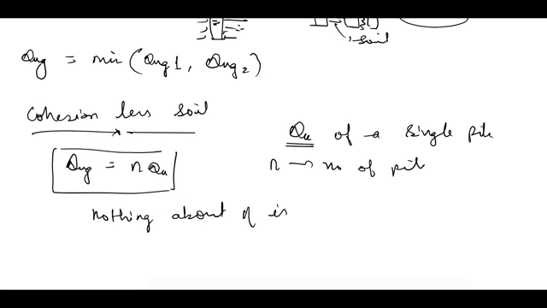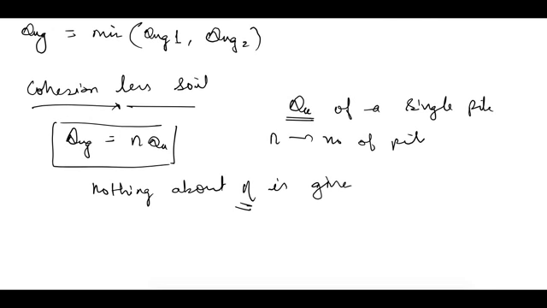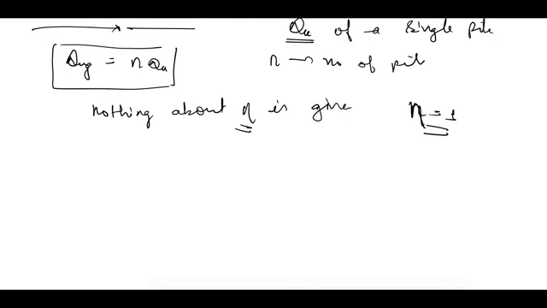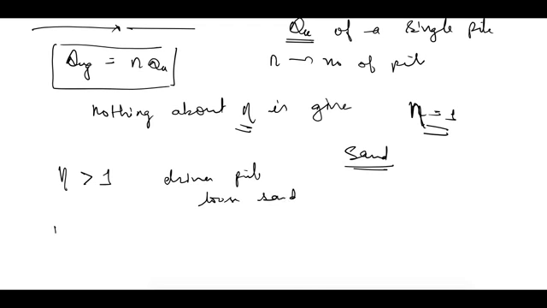If nothing about efficiency is given. If efficiency is given, then you will use efficiency. Otherwise, in case of cohesionless soil, this efficiency is taken as 1. In the design also, this efficiency is taken as 1 for the cohesionless soil. That means for sand. So other factors can also be there. That means eta can be greater than 1 if it is a driven pile in loose sand, and this eta is equal to 1.